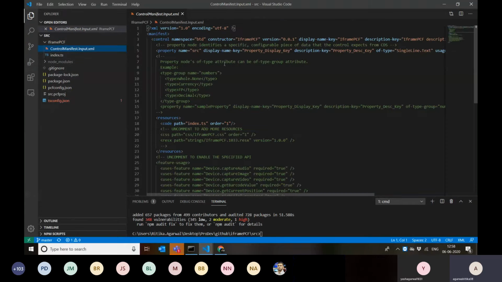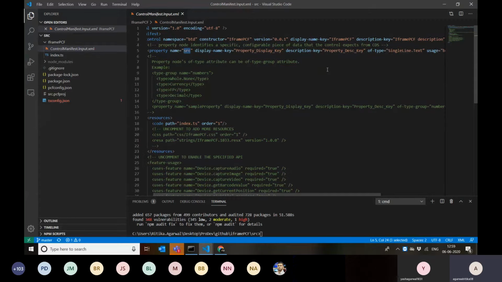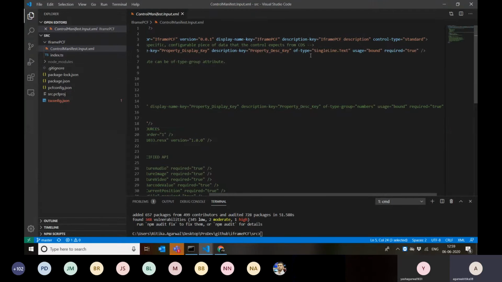Then we have a parameter here in the control manifest input file. In the component that we just created, it's a similar structure, but the name of the property is changed. Now we have a source property, which is where we are going to give the URL. Let's say I want to show the Bing page. I can pass that URL in the src property, and that will be displayed on the screen.